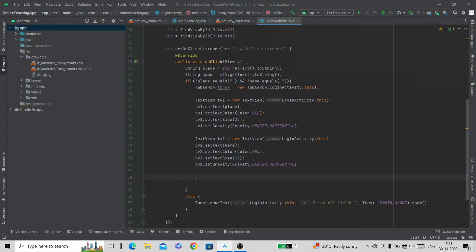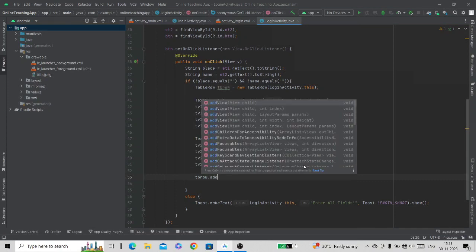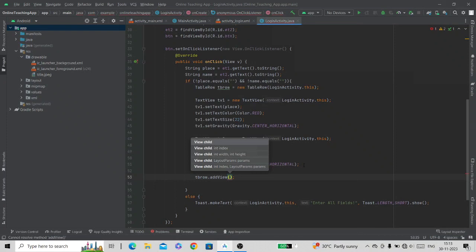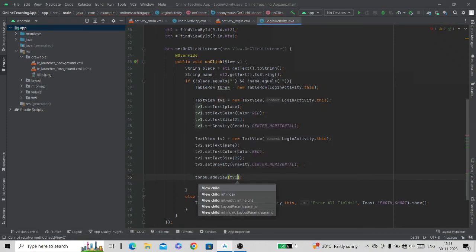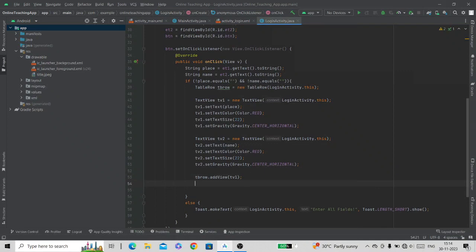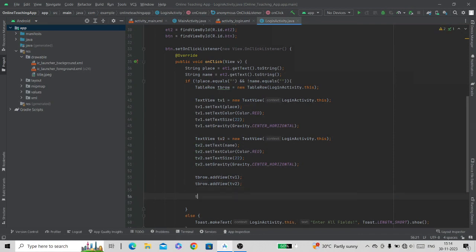To add these views inside the table row, we will use tablerow.addView, and we will pass the views here, tv1, and we will add the second view also. At the end we will add this table row inside the table layout. So tablelayout.addView, tbrow.